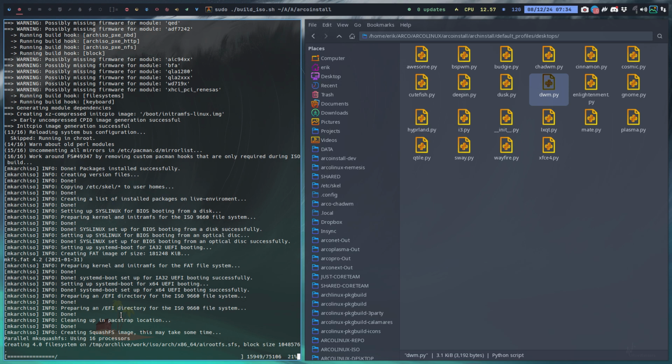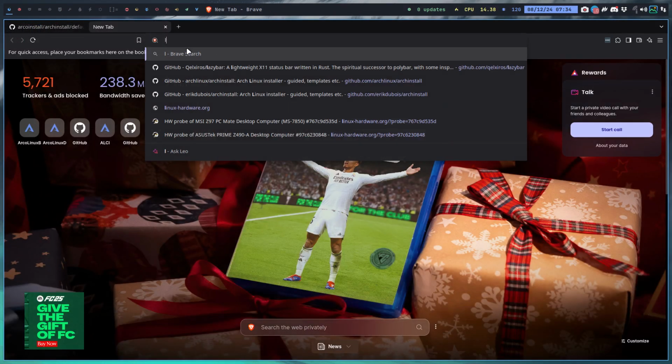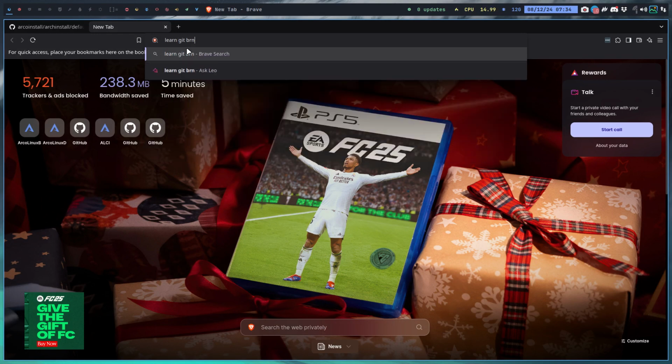Another way of doing things which is a little bit more technical but maybe worth it. Learn git branch. Branching. Staying in the same